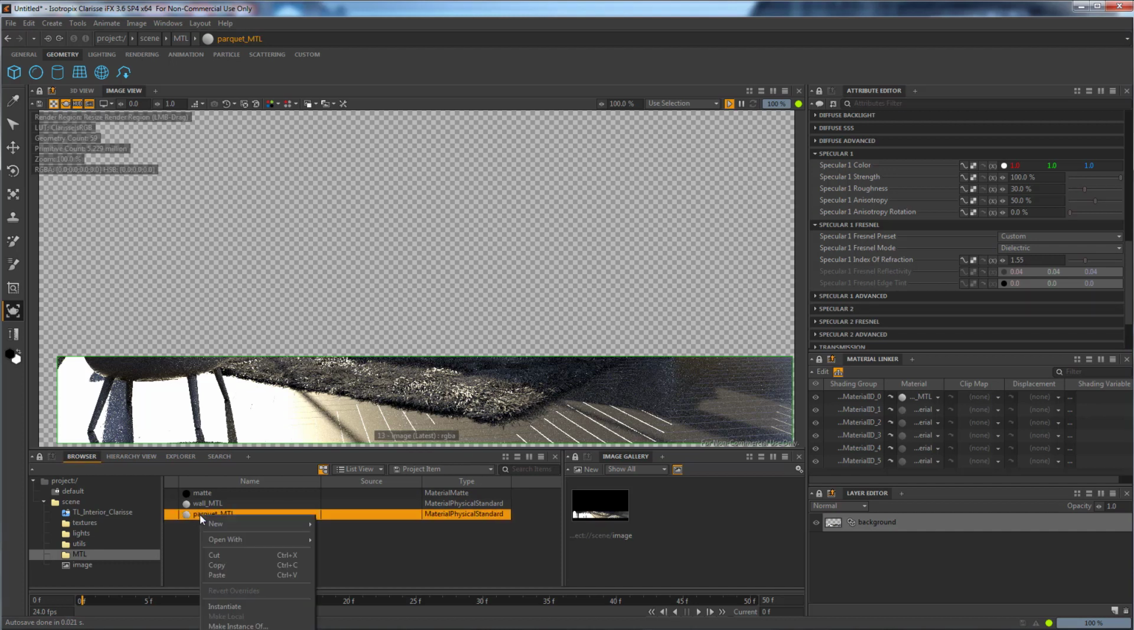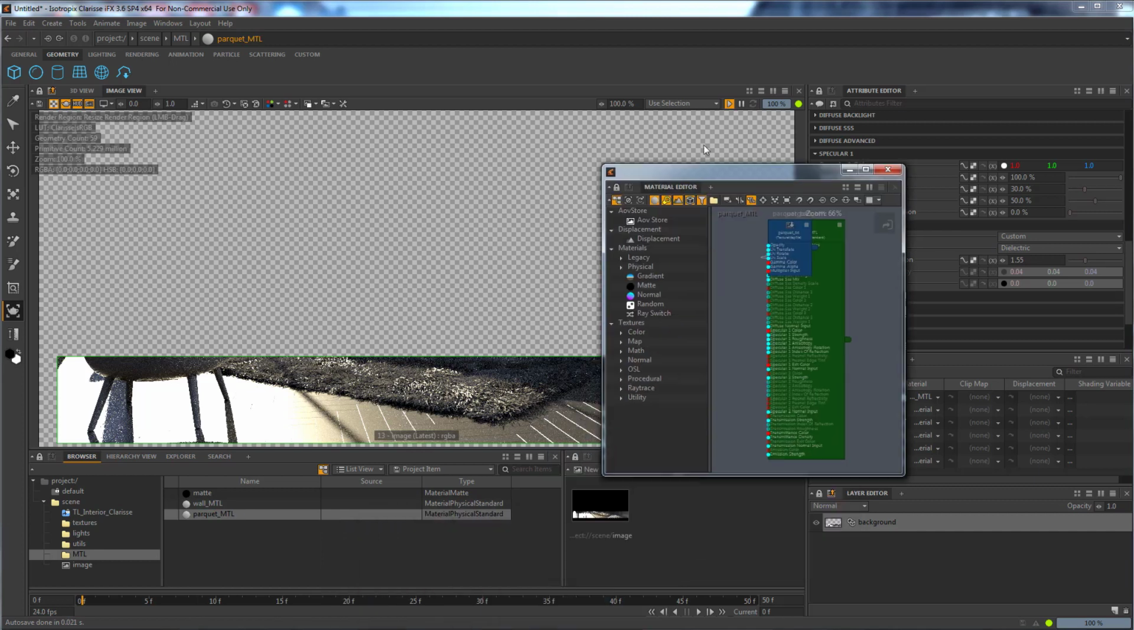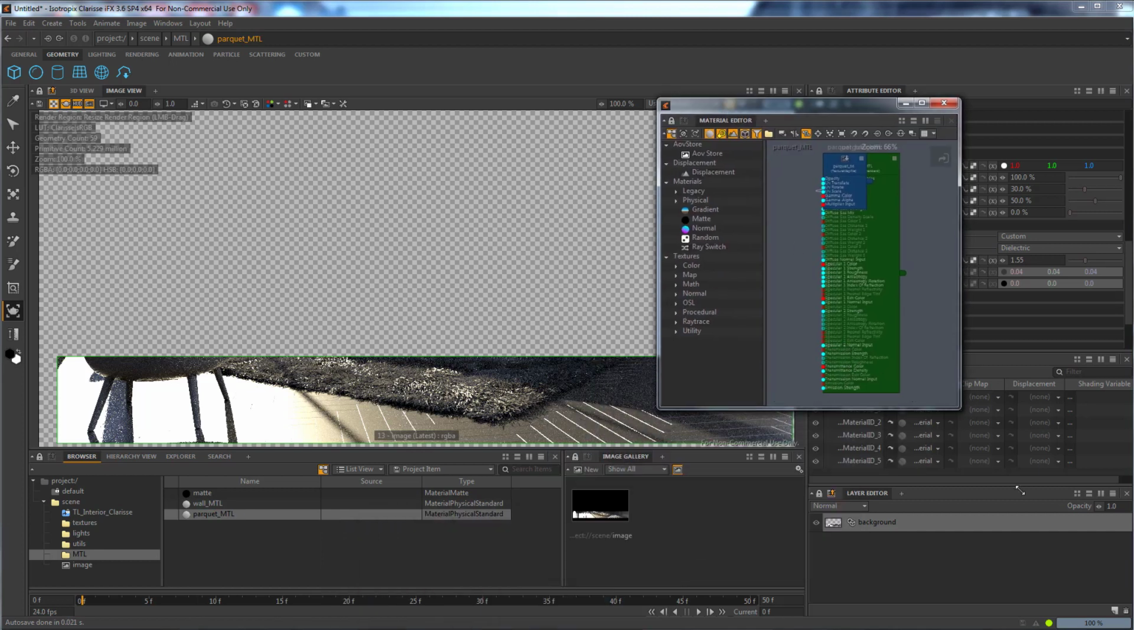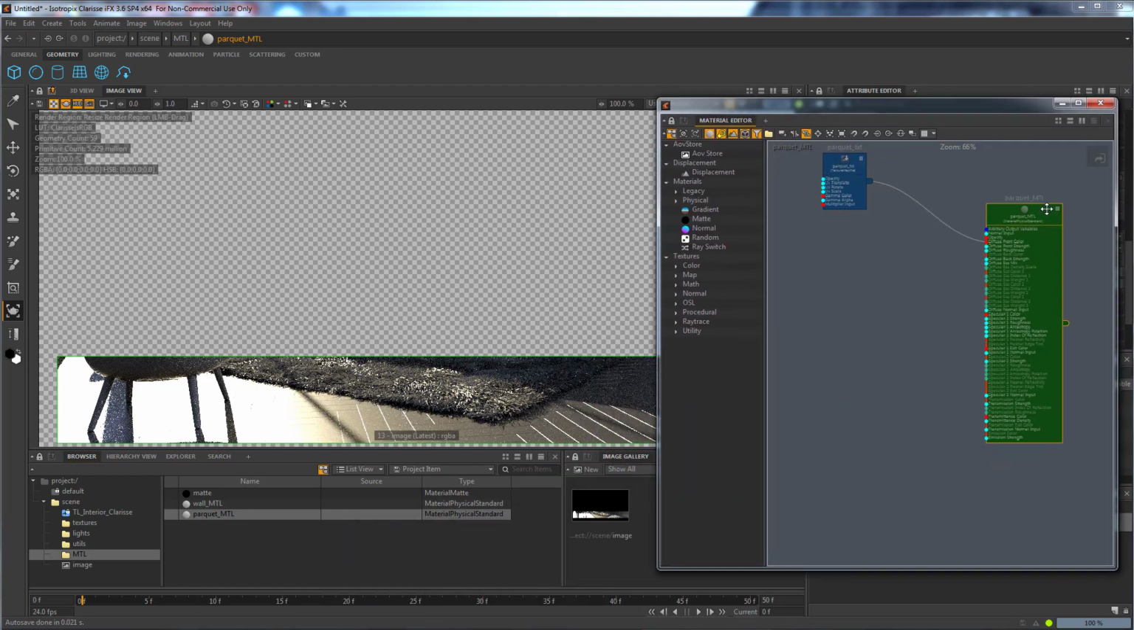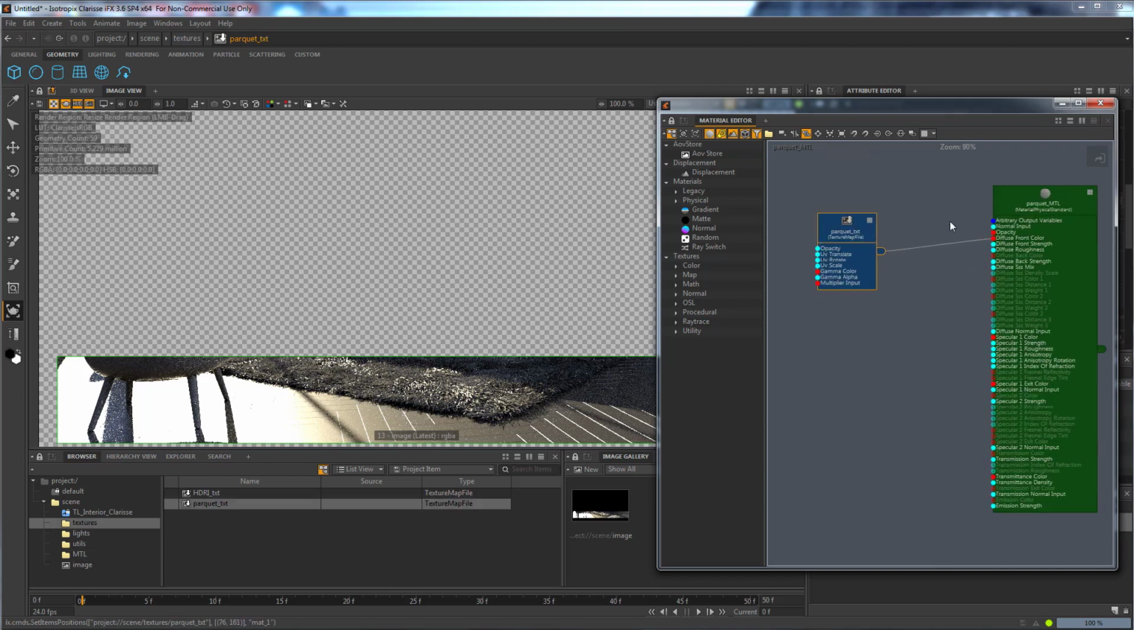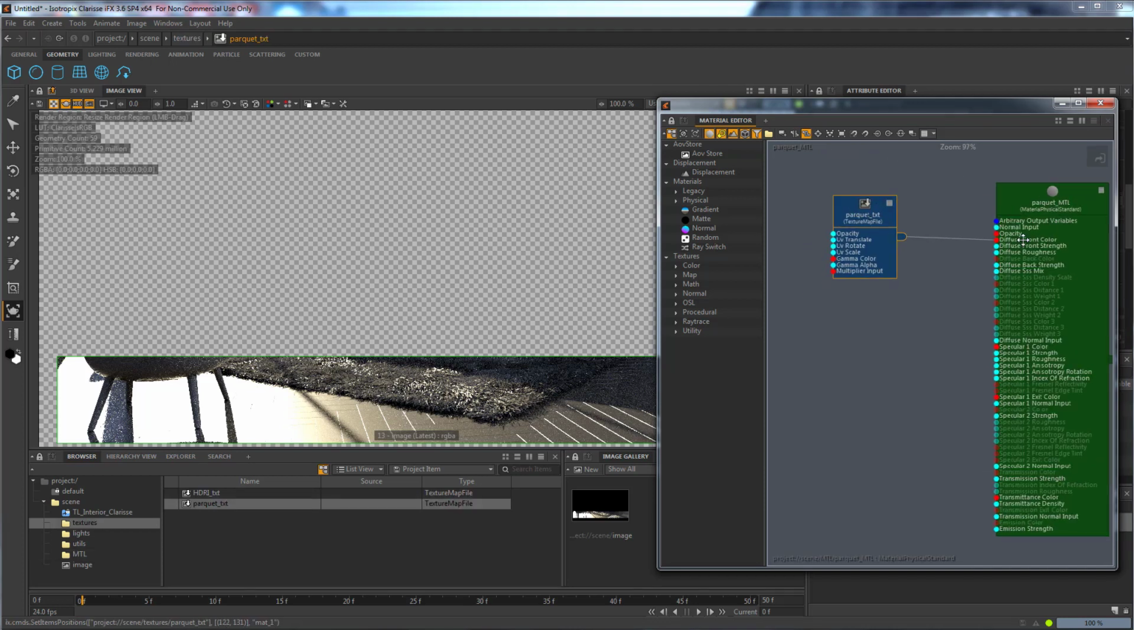So right mouse button, open with material editor. So we're going in the node based material editor. You see that we have just the parquet that is connected to the diffuse. We need something more, so we can go for map